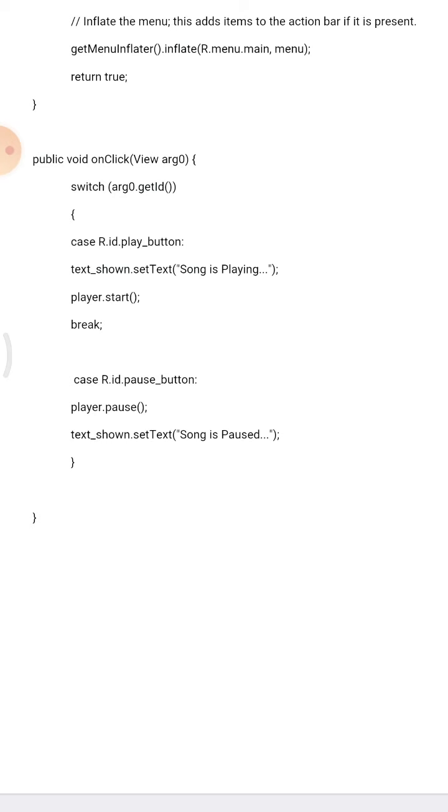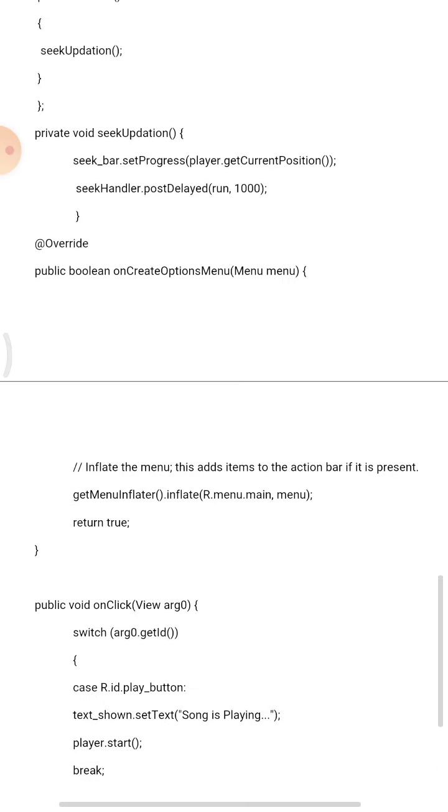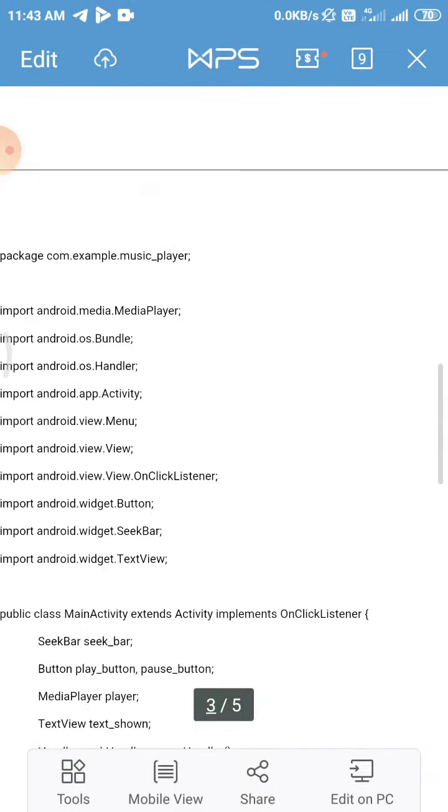And in the other case, when player.pause is called, the viewer shows the message song is paused with the help of the text view. This is all about the coding section of this app.